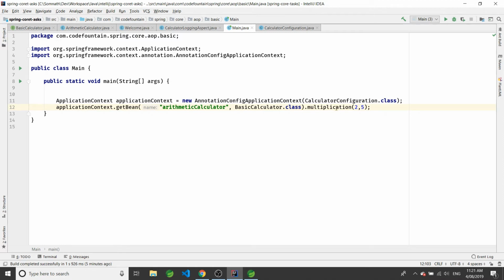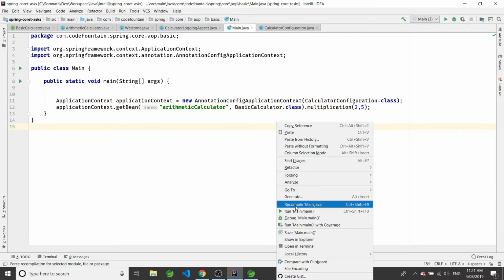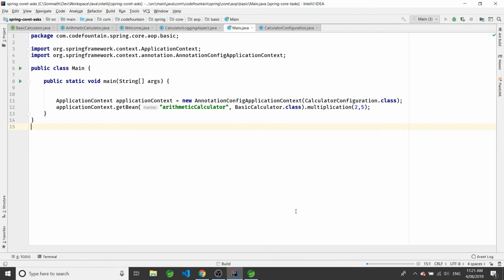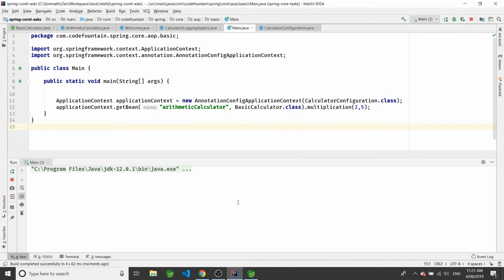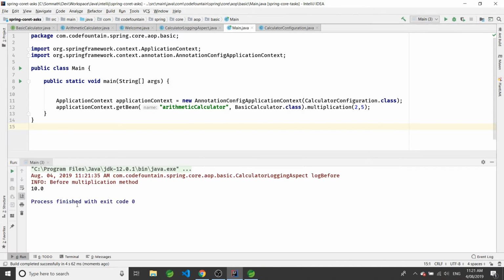What we are doing is getting that arithmetic calculator bean and then calling the multiplication method on it. If we execute it now, we should expect our advice to get executed as well as the output.